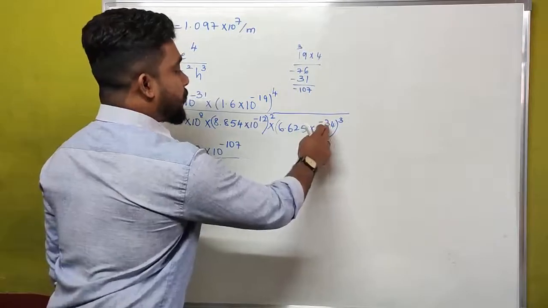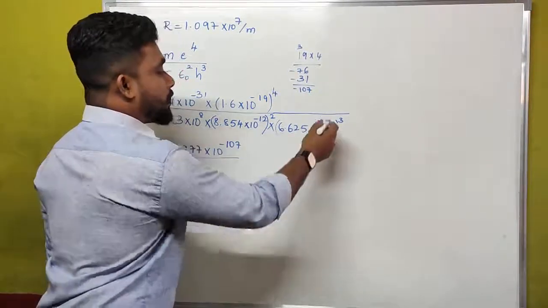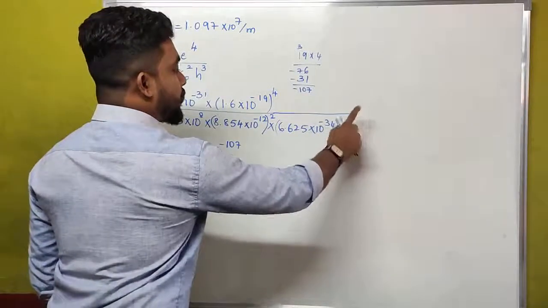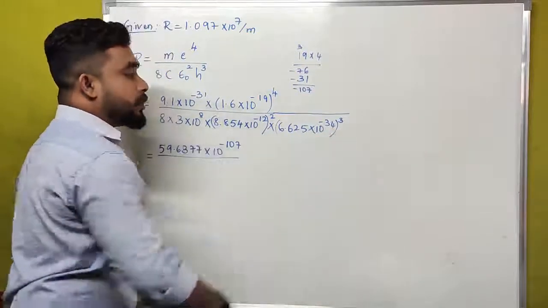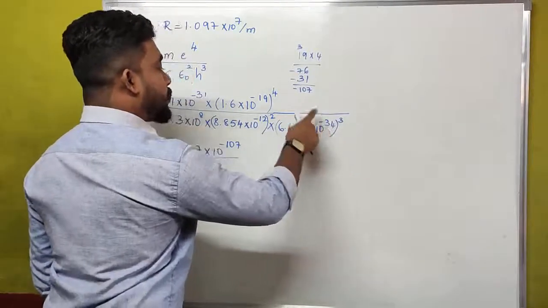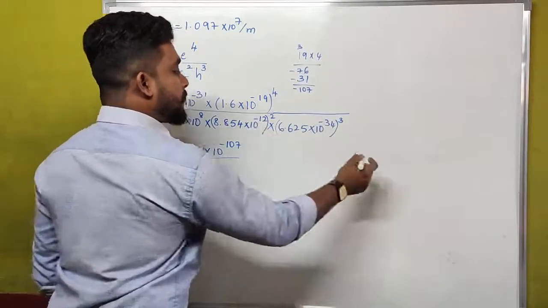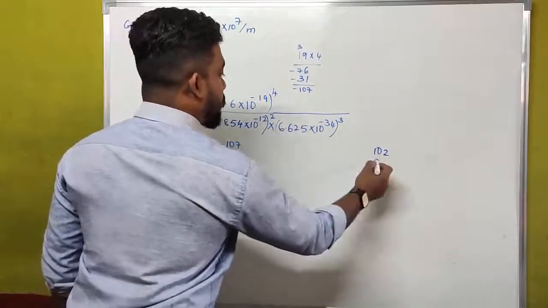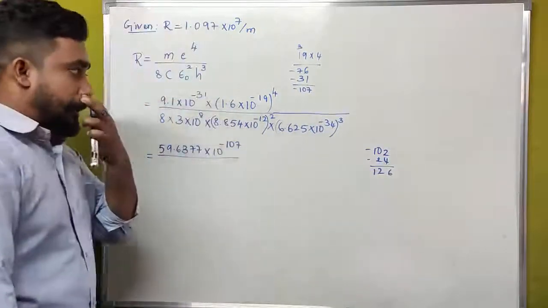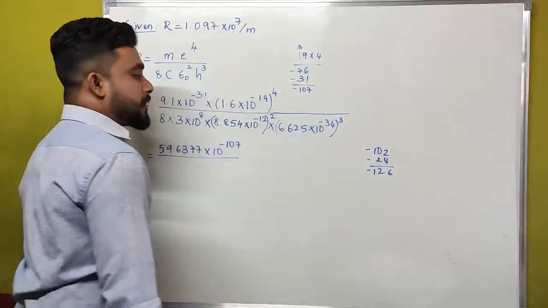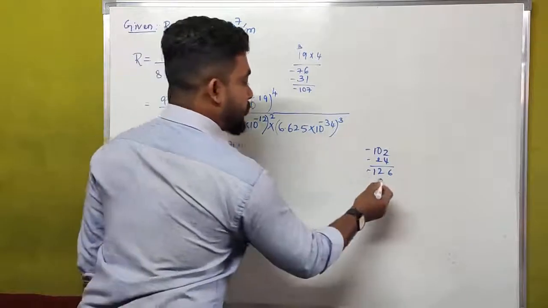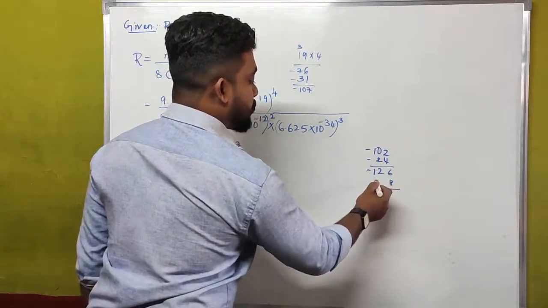Here we have 34 to the power 3. 34 into 3: 3 4s are 12, 1 carry, 3 3s are 9, that is 102. So 34 into 3 is equal to 102. Then 24 plus 102 is 126, because these two have a minus sign, so here it is minus 126. Here we have plus 8. 126 plus 8 is equal to